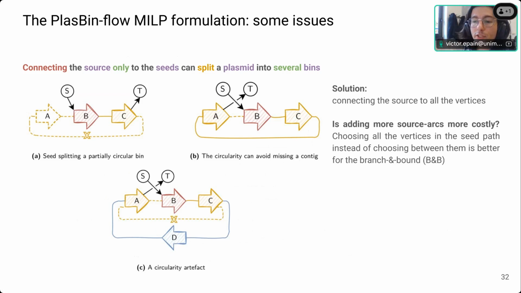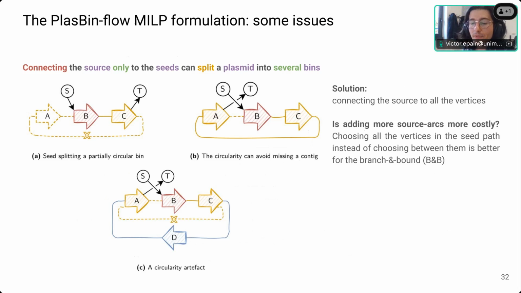So what is the solution of this problem? It's a problem of adapting the data, actually, not the modeling by itself. We can consider that adapting the data is part of the modelization. The solution is to connect the source to all the vertices, of course. And a question we can ask is, okay, you are adding more variables, and so you will add more constraints, and it will be more costly in time.